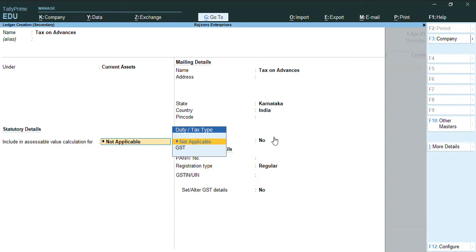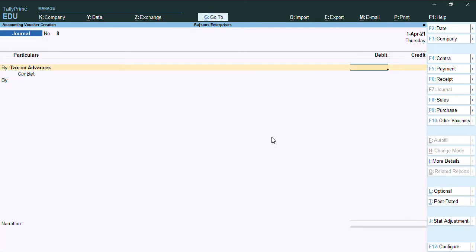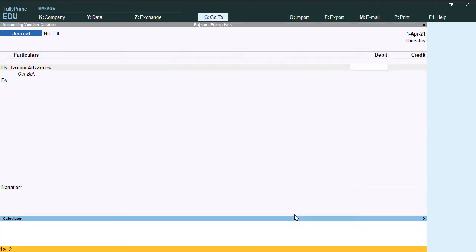So we'll group it under current asset. The tax amount for CGST was 2.38, and for SGST was 2.38.